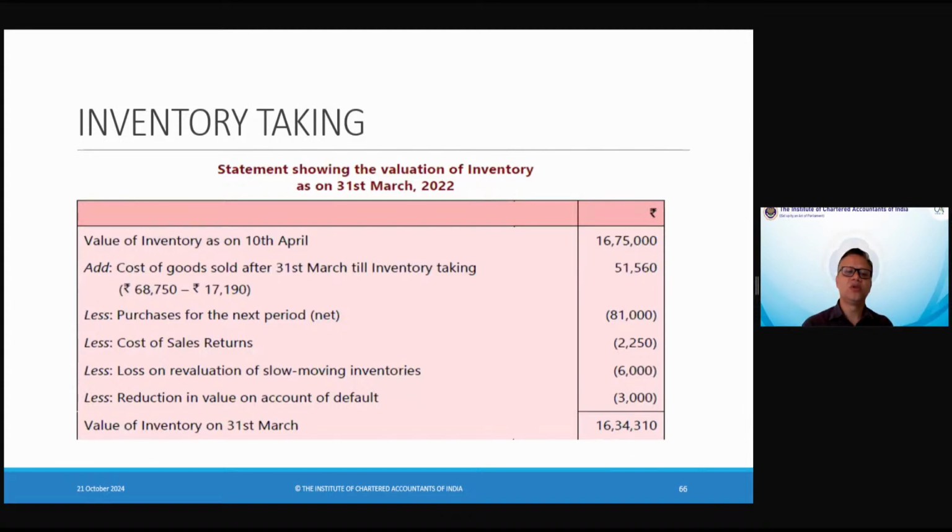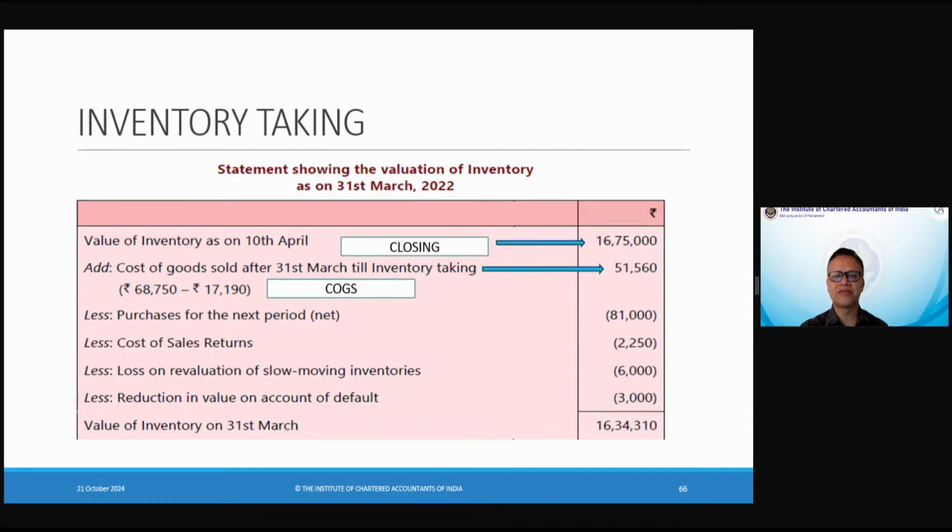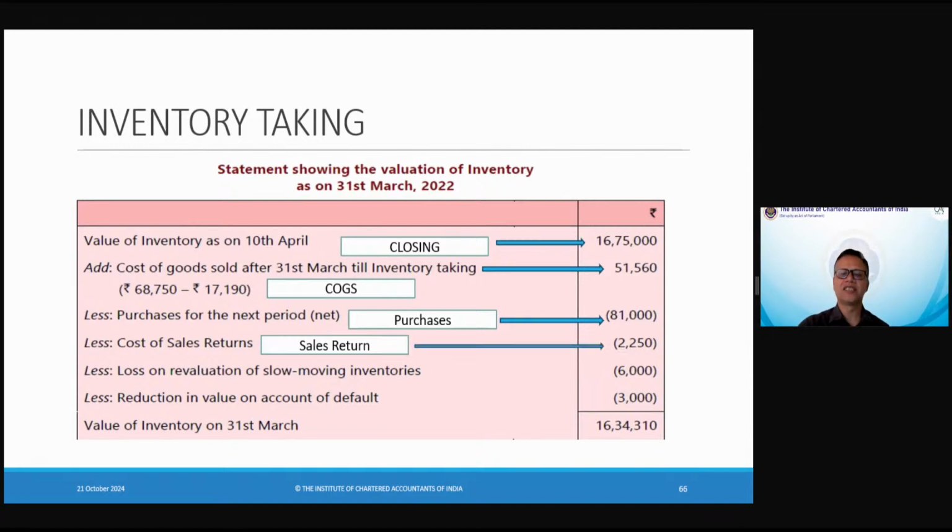So after this, you now value the inventory as on 10th April. So what we are getting, you have got the closing inventory 16,75,000. Because this is closing inventory, you are trying to go to opening inventory, so you add the cost of goods sold. Cost of goods sold, we got 68,750 minus 17,190, 51,560. Then, since you are going from closing to opening inventory, you subtract the purchases, 81,000. As I discussed, sales returns should be again subtracted because it is assumed that the sales has been made. So whatever sales return, you are subtracting that,